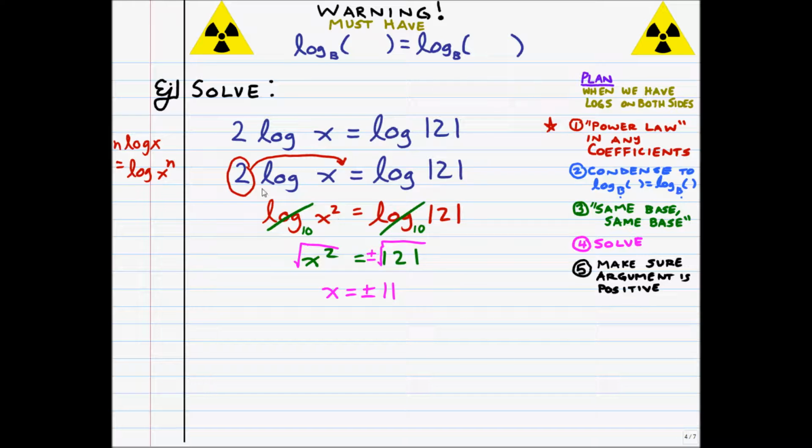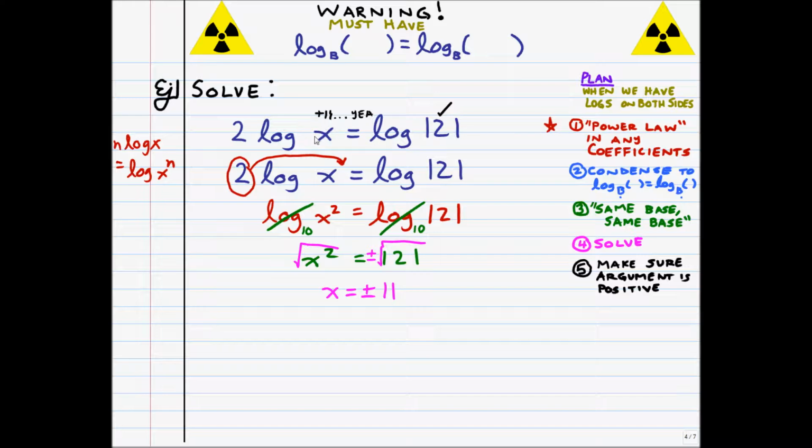So again, recapping what we did, we used the power law to bring in that 2. Then we used this pseudo log stuff to cancel the logs because they were the same base. And then we solved the equation through whatever method we had, which happened to be square rooting, and we got x equals plus or minus 11. Well, if we check positive 11, obviously 121 works, but we've got to check the argument over here. Does positive 11 leave the argument positive? Well, yeah, it does. Obviously, it leaves the argument positive because positive 11 is positive,